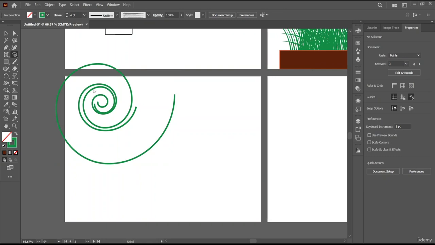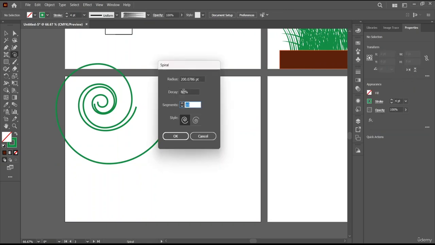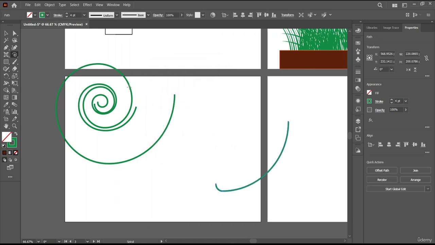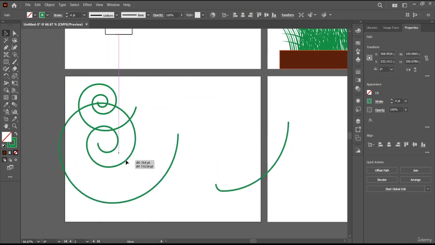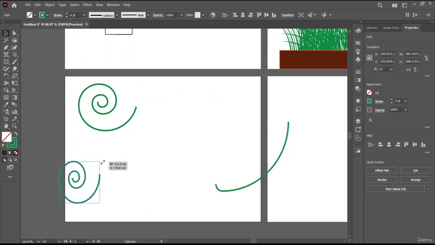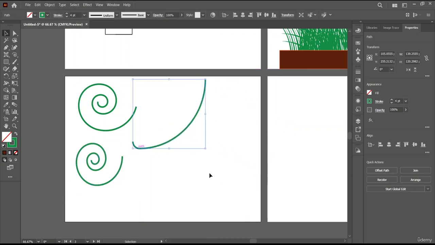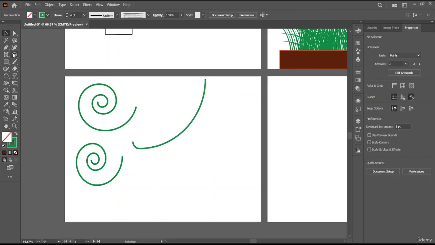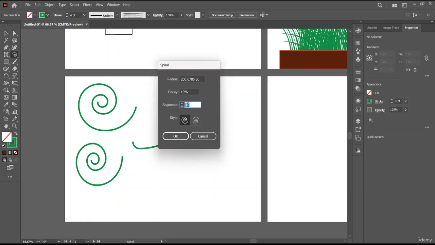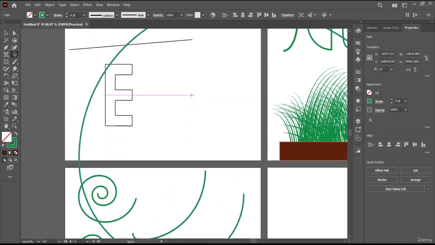Afterwards, we have a different option with our spiral tool, which is decay. Now let's set the decay to about 10% and see what happens so that you can understand what I'm talking about. All right, so this is the decay with 10%, and you can see that this is what it does. It removes the curves inside our spiral. Now let's select the spiral tool again, and this time I want to put our decay at 200%. Let's press OK. And here you can see that